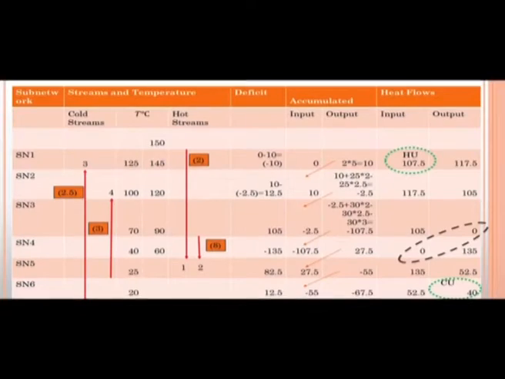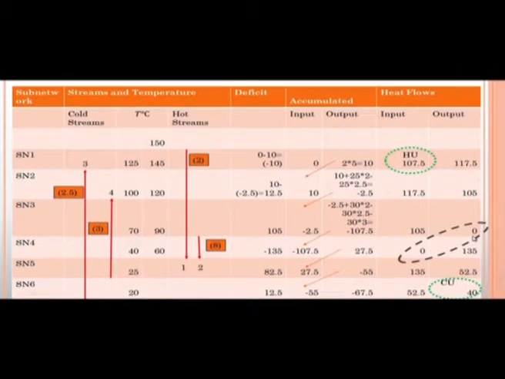Welcome back. We were discussing heat exchanger network analysis. We are halfway through. We have taken an example from the reference I have given, from the paper of Linnhoff and Hindmarsh, and the example discussed in the same paper we have picked up. So far what we have achieved, if we go a little bit back: this is the problem table. By tabular solution we have found out the hot utility requirement, cold utility requirement and the pinch point.